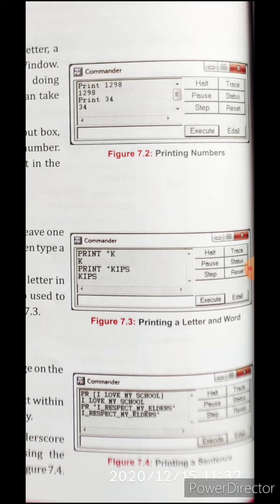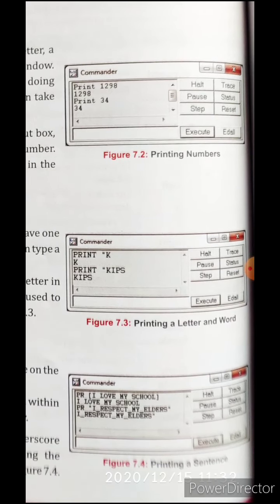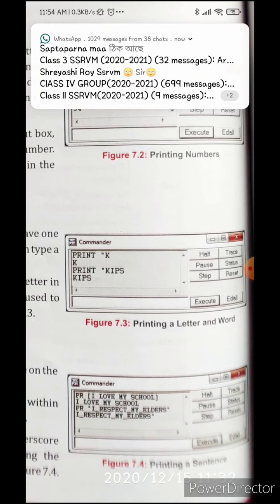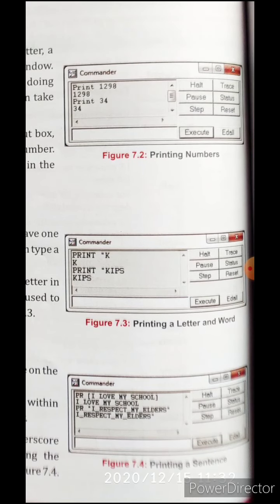So using the print primitive, if we put a number, there is no need to give any comma, inverted comma, or any kind of bracket. In the case of printing a letter or an alphabet, you need to press the space bar, and after that give an inverted comma, and in that inverted comma you need to write the word.